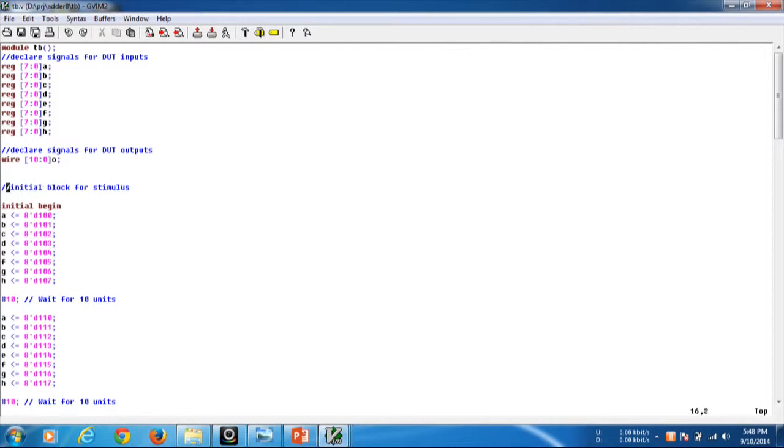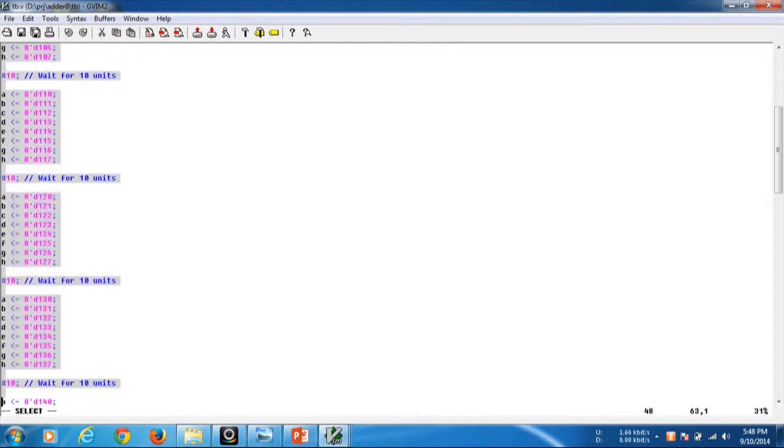Let's leave this part. After declaring the signals for the DUT, you have to declare the initial block. Let's leave these few statements, we will discuss them later.